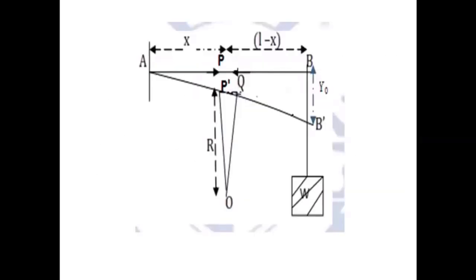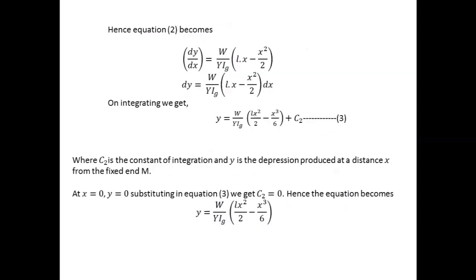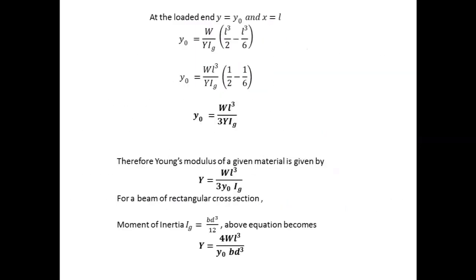At the free end B, where we have attached the load, so let me call it the loaded end, x will be equal to L because the point P will be at point B. So it is like evaluating depression at point B. Let us substitute this condition. That is, at the loaded end, y is equal to y naught and x equal to the length of the beam